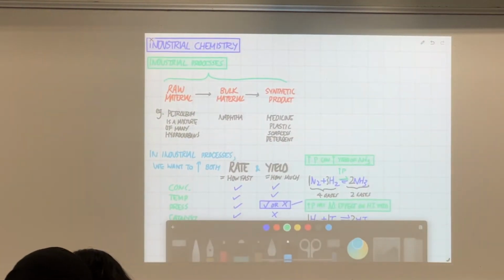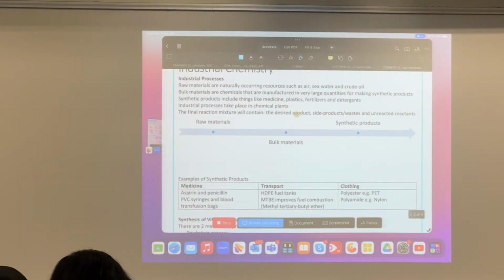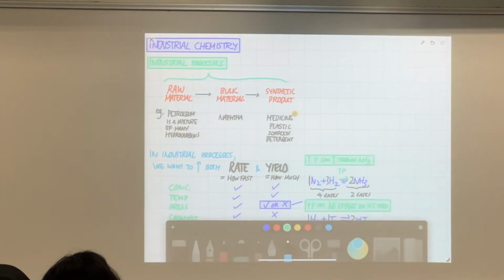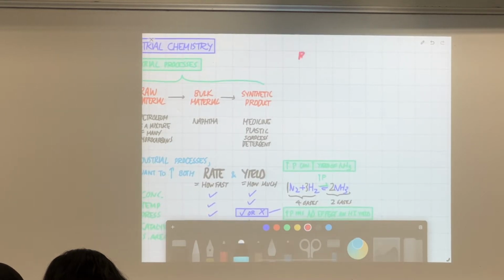Okay. So what else do we need to look at in industrial processes here? You see, we want to collect the desired product. Okay. And then so you can put down what these are. So we have reactant, or you can say the raw material. They will be turned into products and the so-called side product or byproduct. Okay, so side product or byproduct.